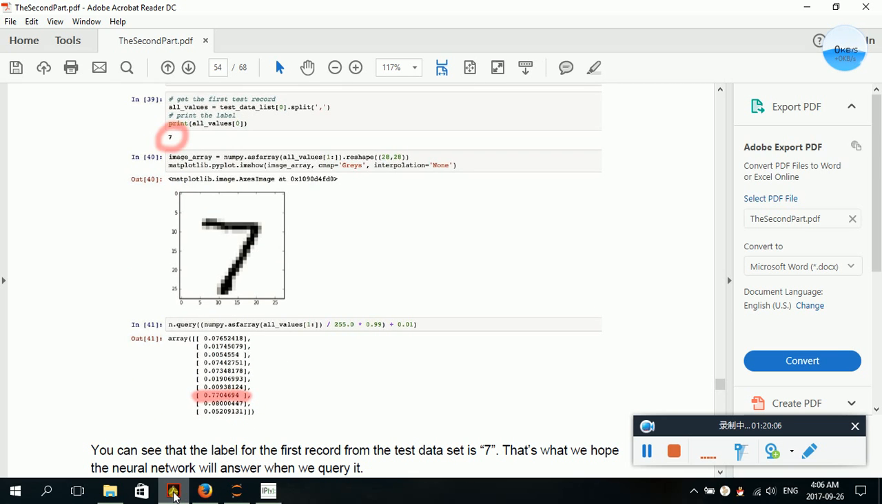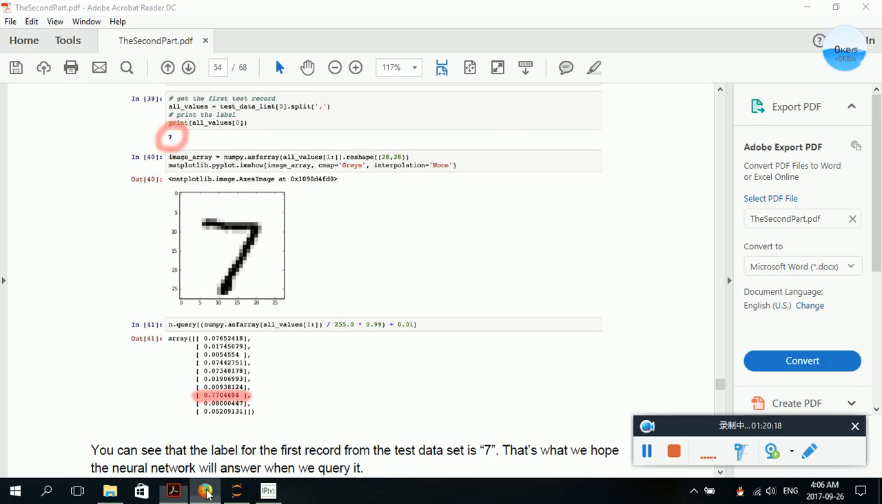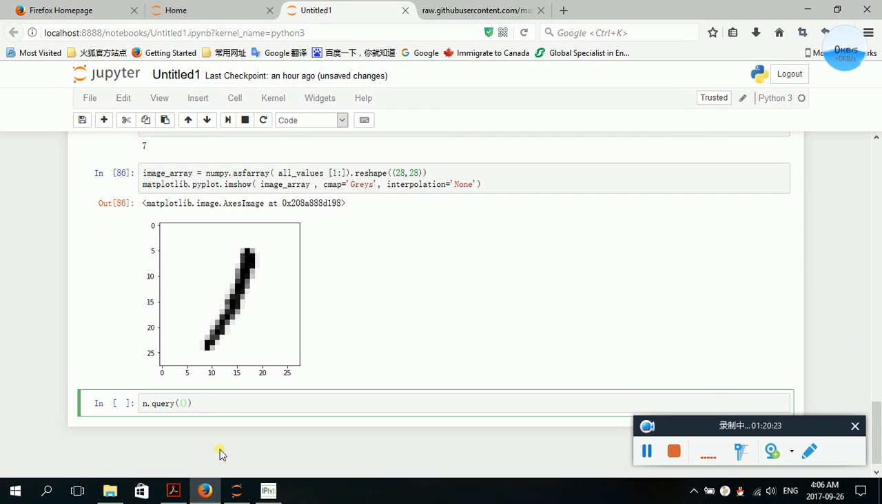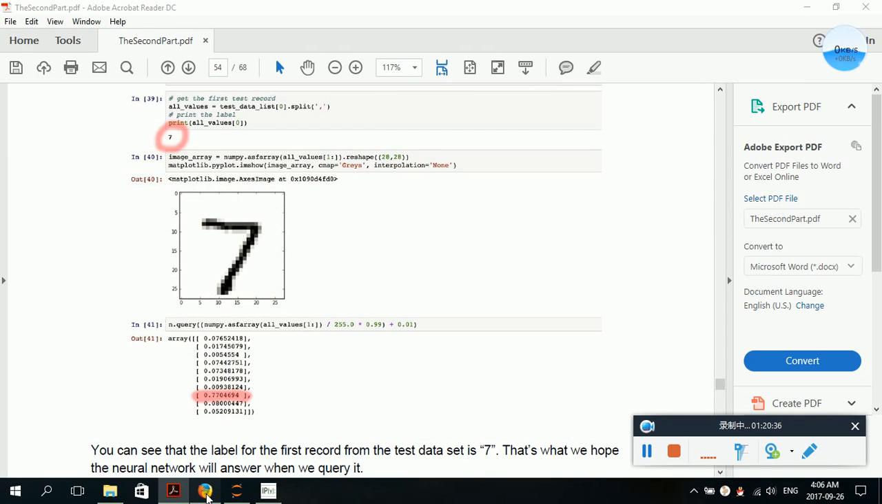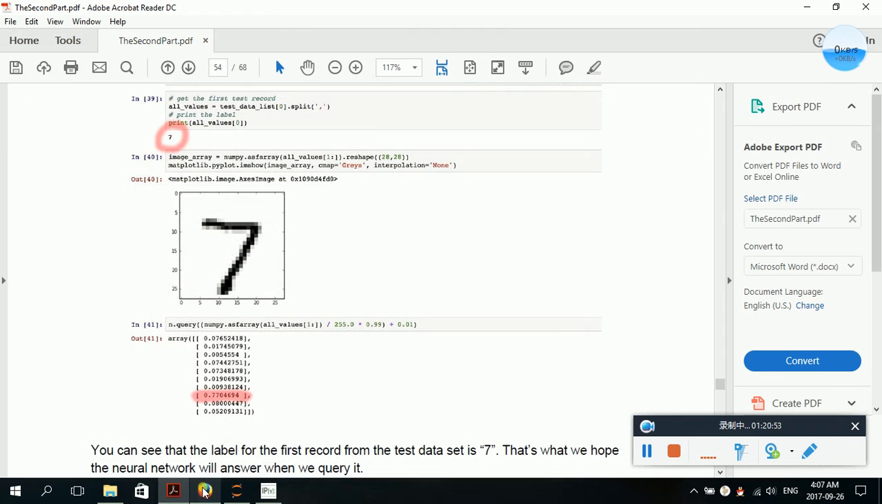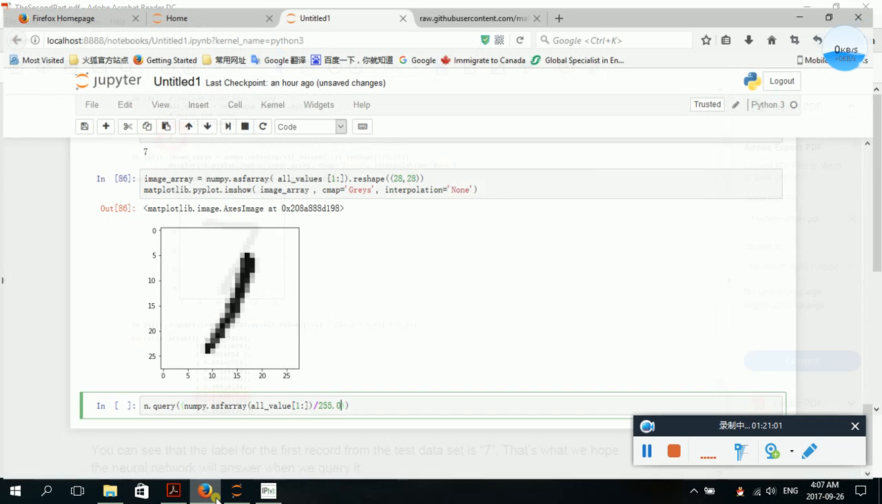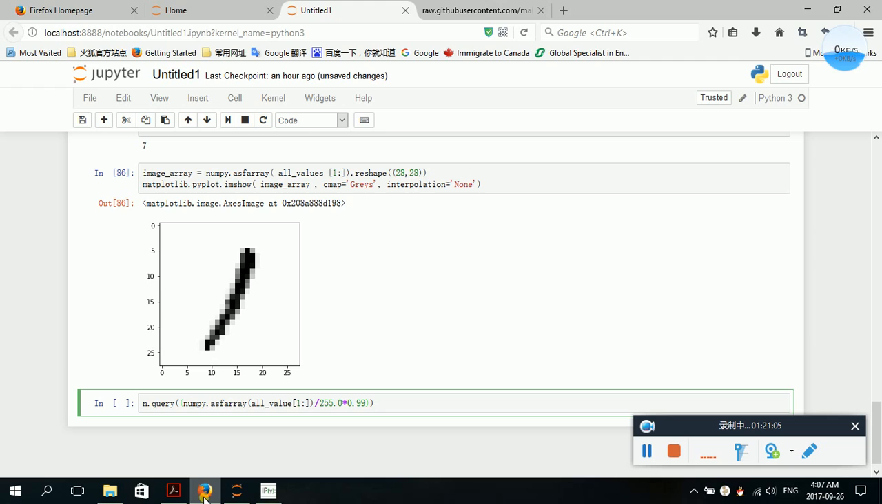And query. Okay, let's query. Numpy is array, numpy for value 1, minus 1, 0, times 0.9, plus